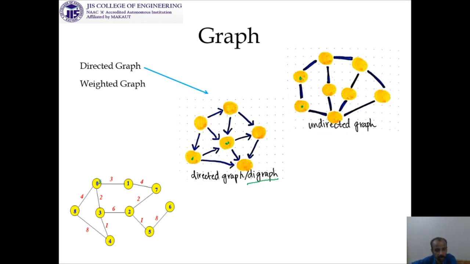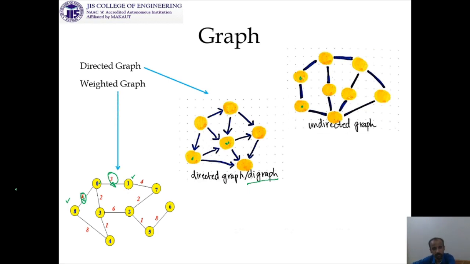So this is an example of this. Look at this. This is vertex 0, this is vertex 1, and this is vertex 8. There is one edge and there is another edge, but this edge has weight 3 and this edge has weight 4. You can imagine it as the fare depending on the transport system. If you are trying to go from Sealdah station to Esplanade by bus, and the same thing by taxi, the fares are different. So this is an example of weight.